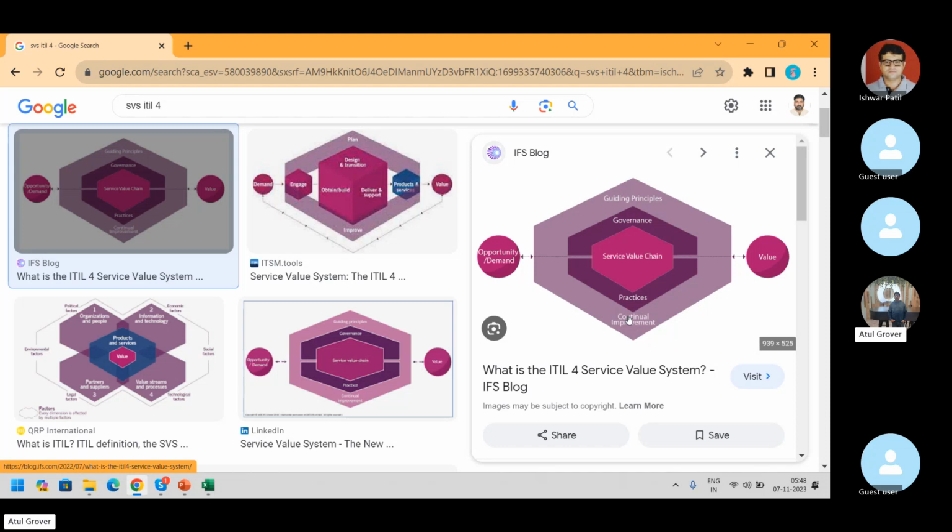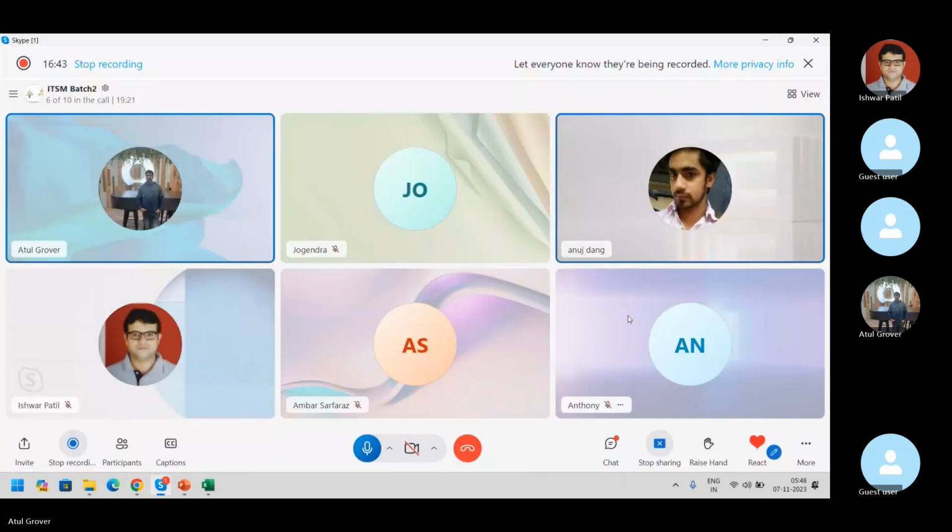Go ahead, please. Atul, can you give one example of governance in real time? Okay, so let me come back to you then. In your business, definitely you have some instructions to your employees, right? Be on time. If you want to take a leave, you have to inform the boss or your manager approximately one day before. In case of emergency, you can give a call or a message immediately. Correct. This is what governance is.